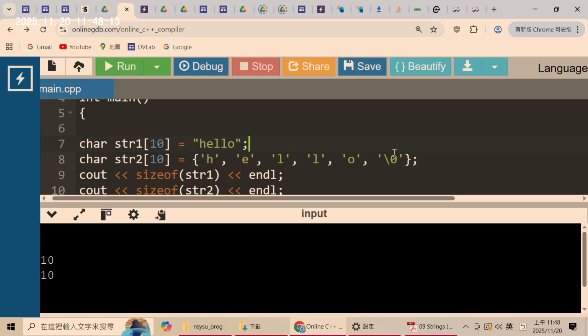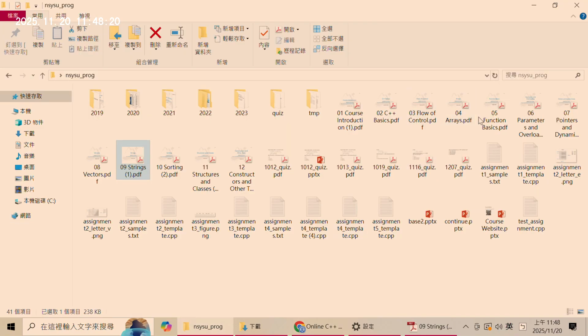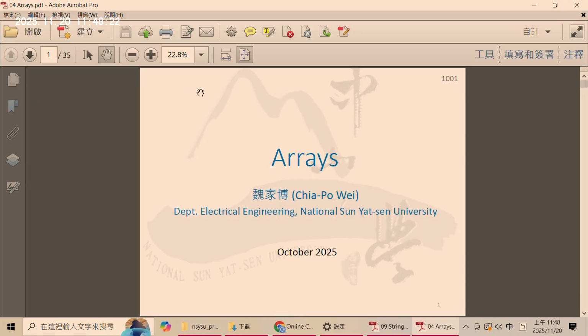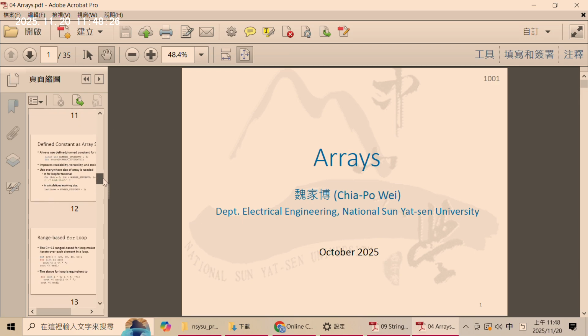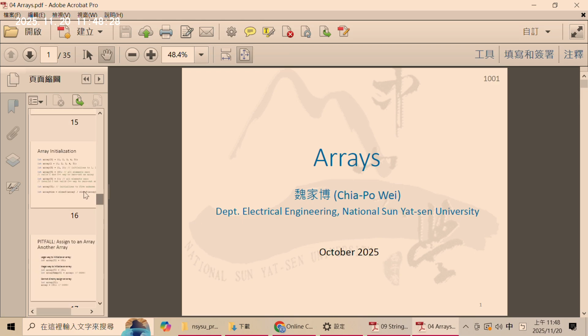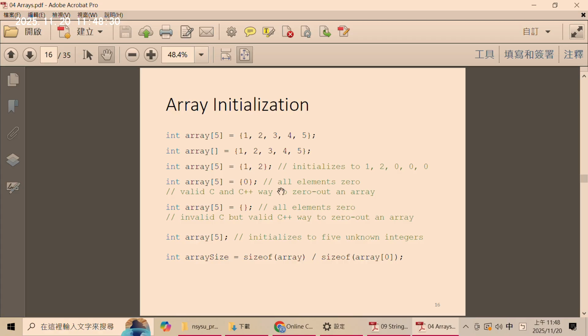And you can recall the rule to initialize an array. So if we can see the rule for array initialization. You remember that